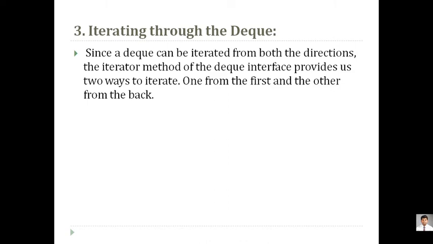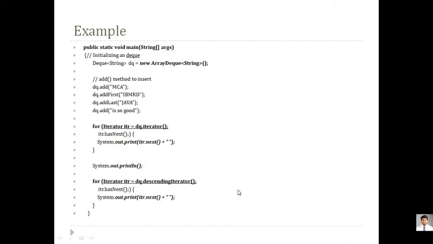If you want to retrieve and read the first and last, all the elements, just like the previous example, here we can use the iterator. Just like the iterator we have seen in a stack, vector, linked list, or array list, in the same way the iterator can be used for retrieving the elements. If you want to display the elements in ascending order, there is a function called iterator of the Iterator interface. And if you want to display in reverse, descending order, that is called descendingIterator.